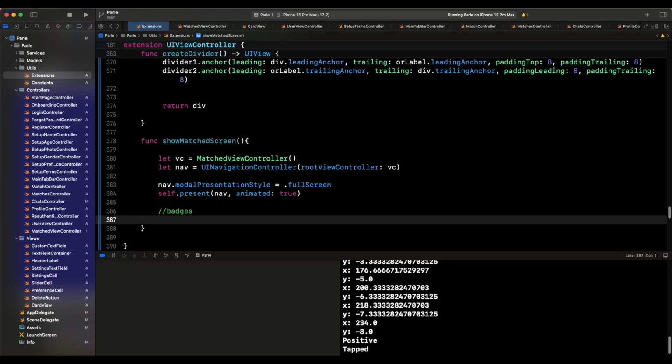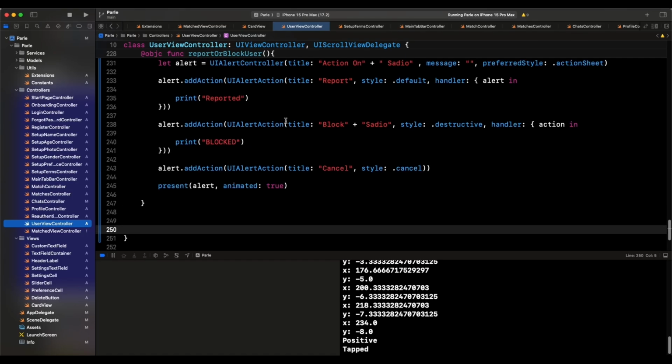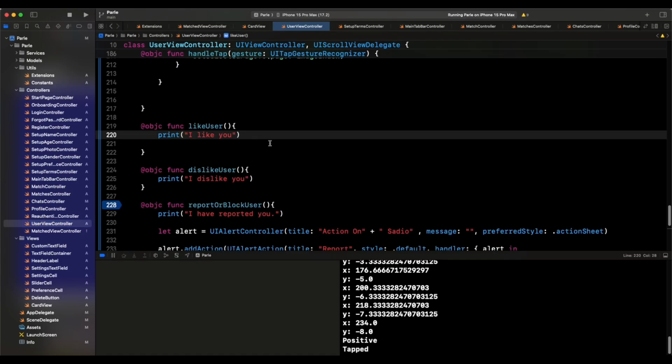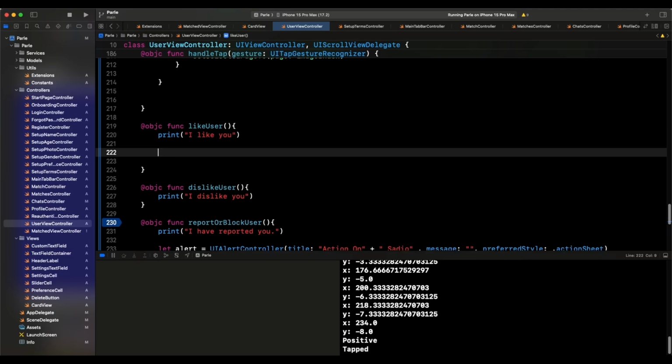Right now, the next thing we want to do is, you will notice that our presentation is going to be modally, and it's going to be full screen, right? So let's get to it. How we do that is pretty straightforward. Let's go to where we call it. When you like a user, right? When you match the user. So instead of printing I like you here in the user view controller, we're just going to come in and say